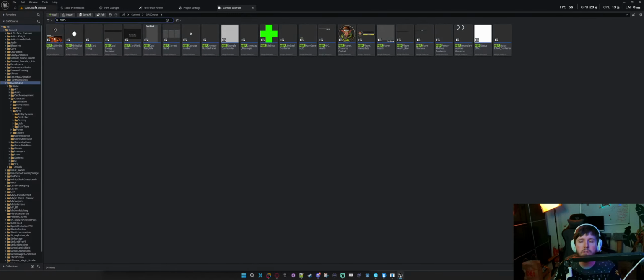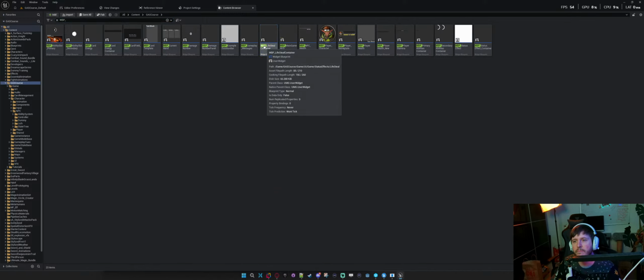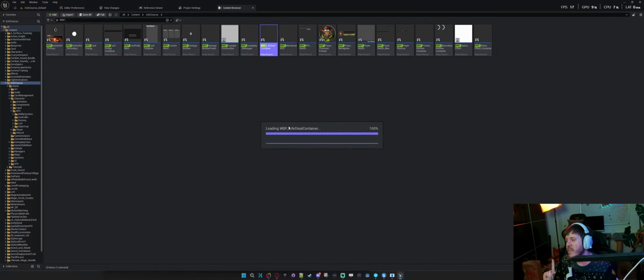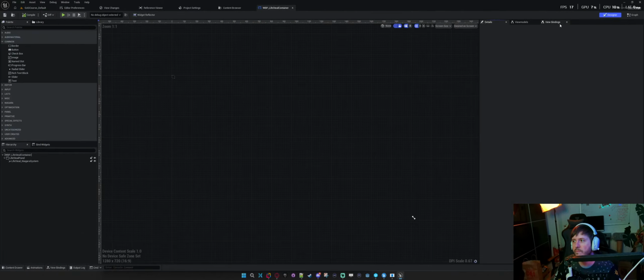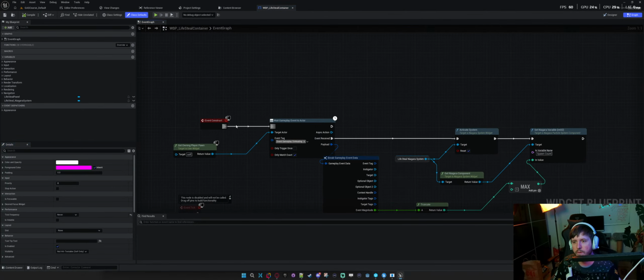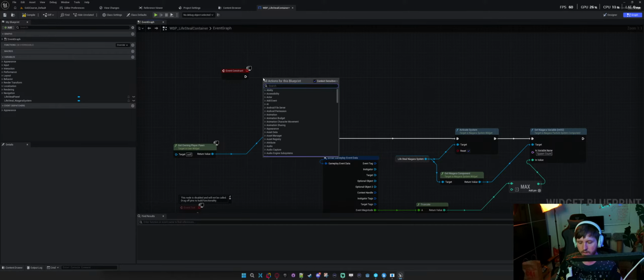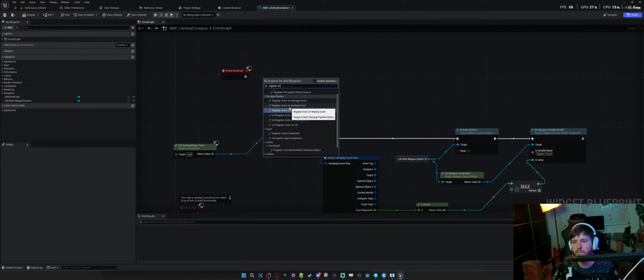What's your blueprint for? Lifesteal container. This I should be able to just delete. We don't need it anymore. I should be able to register to this instead of on healing. Should be able to find, so register on healing event.